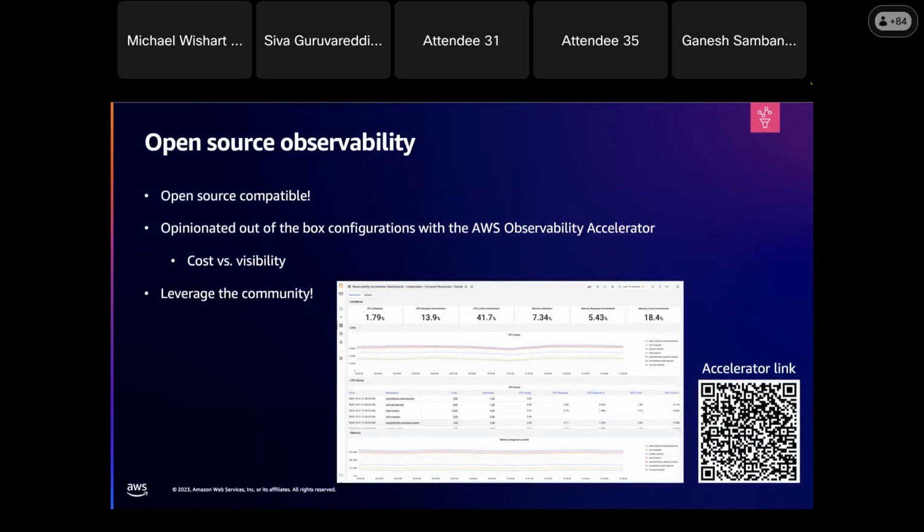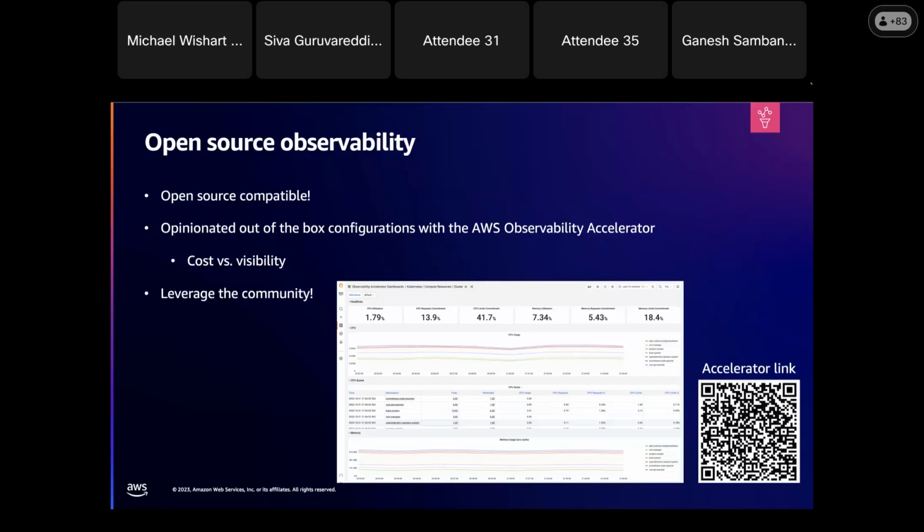The observability accelerator is a set of opinionated Terraform modules. It will help you set up observability for your AWS environments with all the services, AMP, Grafana, and even OTel, the OpenTelemetry tool. With all the best practices and knowledge of AWS, we provide curated metrics, logs, traces, collection, alerting rules, and Grafana dashboards for your infrastructure.